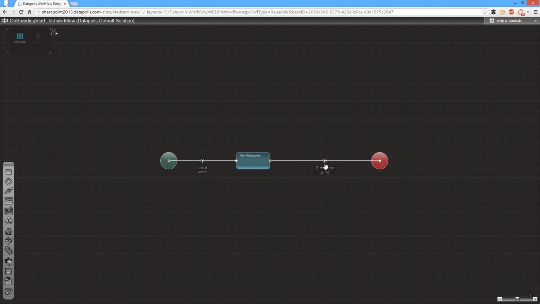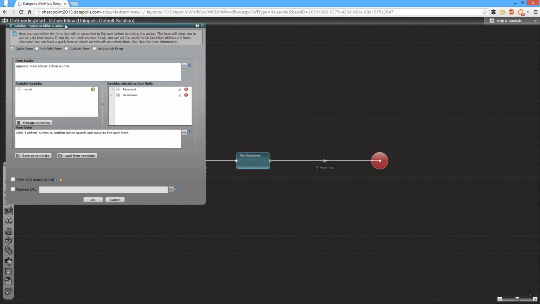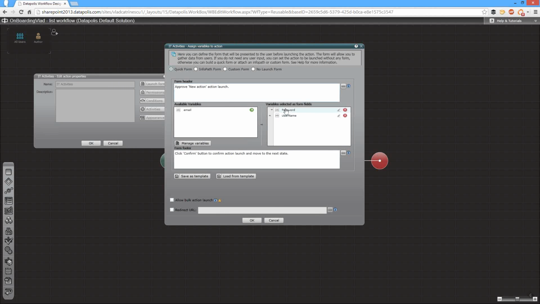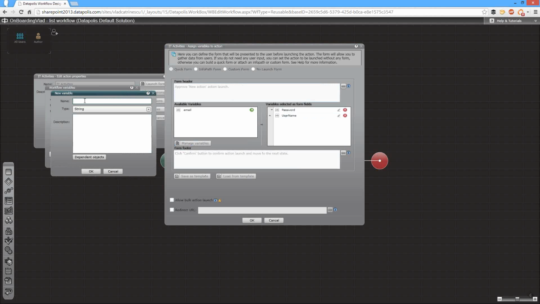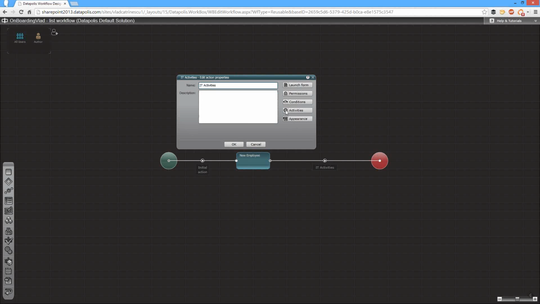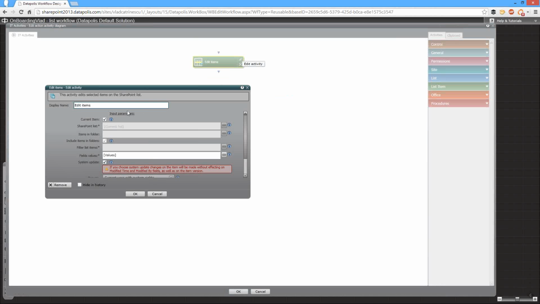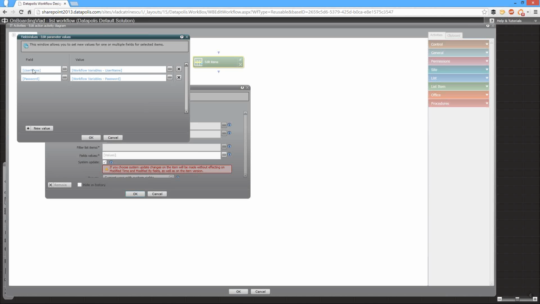And here's where I have most of my stuff. So I have my IT activities. In my IT activities, I created a form and I added 2 variables. So I have my password field and my username field. If I want to add a new field that people have to fill, I just add a new variable, let's say MSDN login. I just add it, okay, and then I could add it to my form and stuff like that. And also, where the fun part is the activities. As you can see in my workflow, I have the edit items part. So I basically tell them to change the field values, change the username to the variable username and the password to the variable password. So I really didn't do much, but